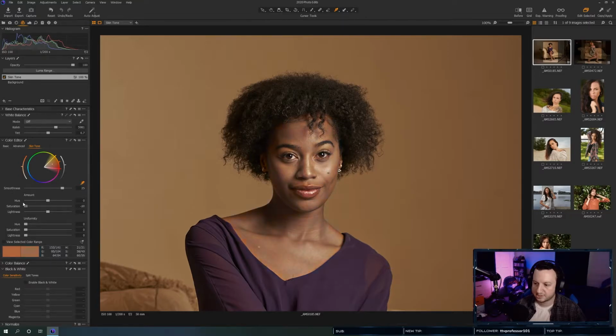I can do less saturation, and that's weird, or more saturation, that's even weirder. I can also brighten or darken her skin. But the real good tools are right down here in the uniformity tab. I very rarely play with these unless there is like a green pigment or something in her skin. And so I can adjust those.